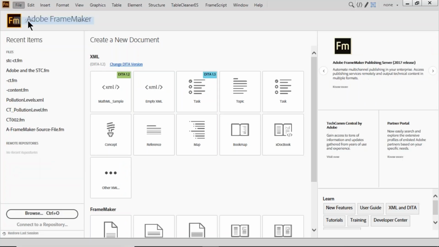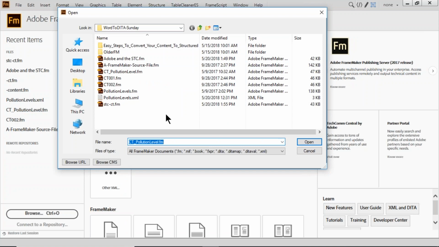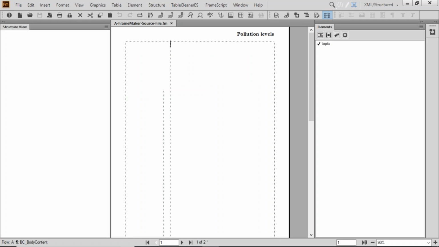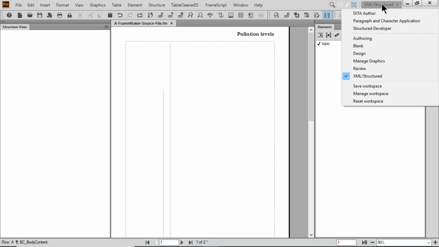And in the FrameMaker environment, I already have a document, and this one is set up as a FrameMaker source file. Now it's got some text inside it because earlier I was playing with this, so I'm just going to delete that. What we have is a document with absolutely nothing in it. The document has a structure view that's already showing. It has the elements showing, and in order to get to that point, I had gone in and used the